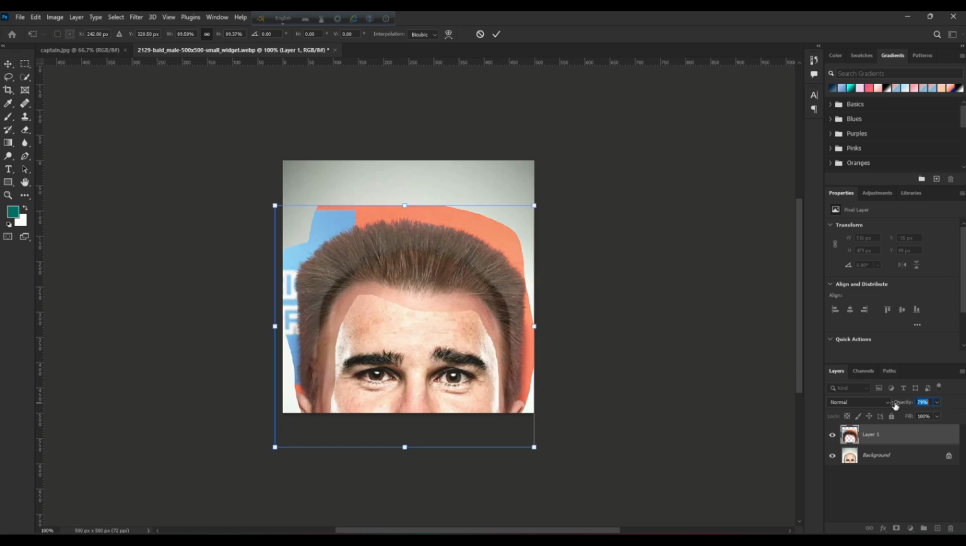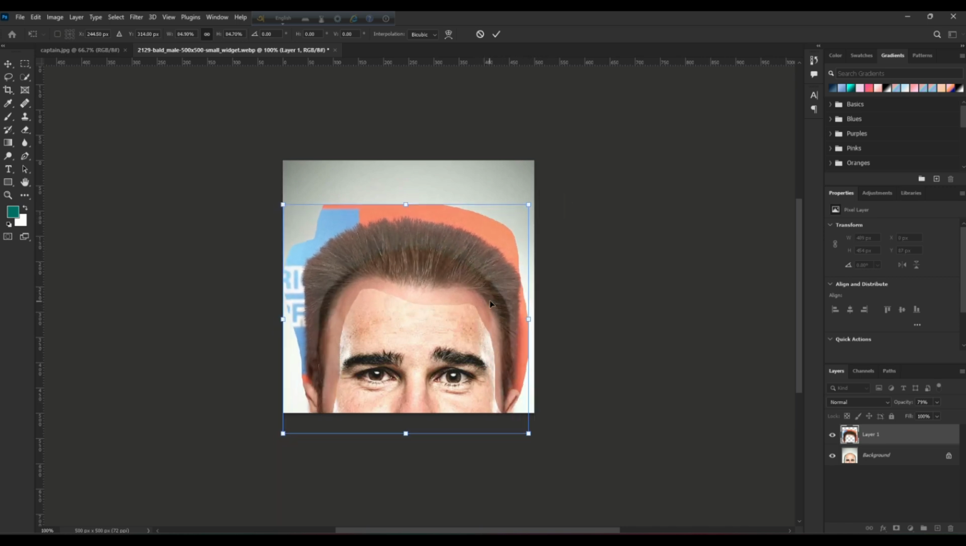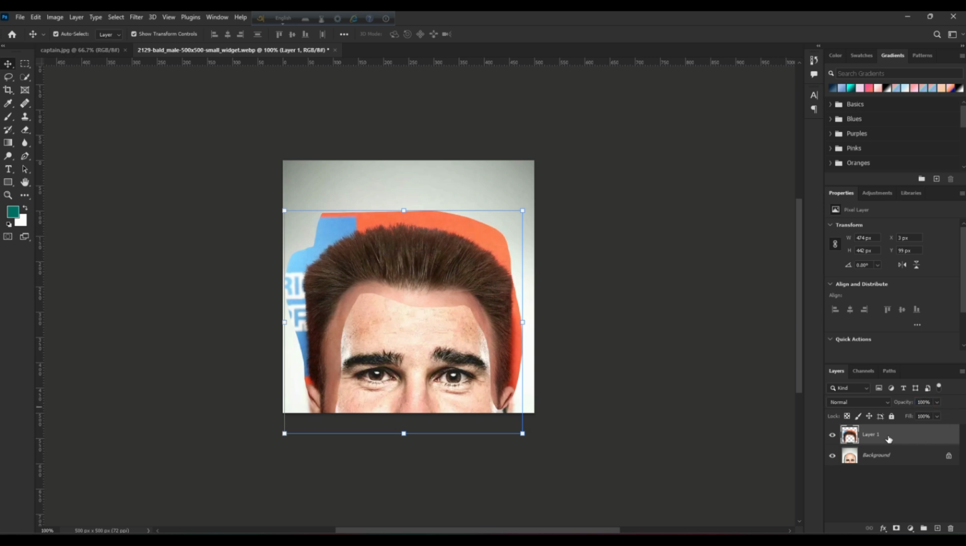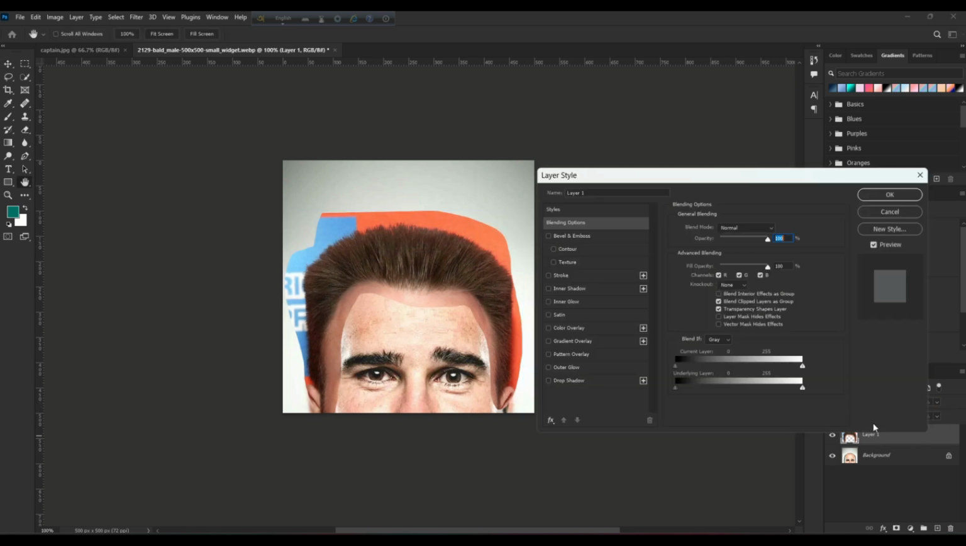Reduce opacity to better show, and that's okay. Increase opacity and double click to open blending options, and here it's gray, but select your red and reduce that, and alt click